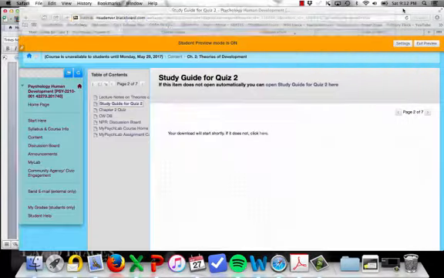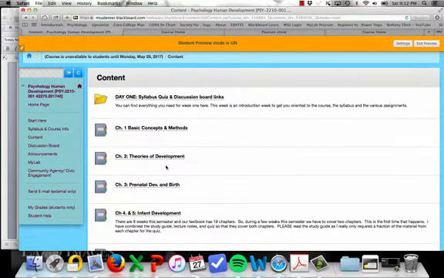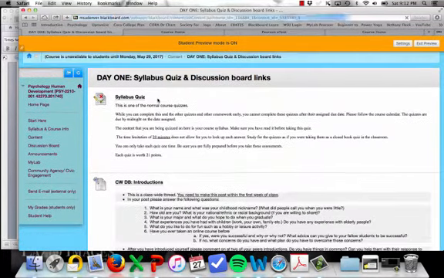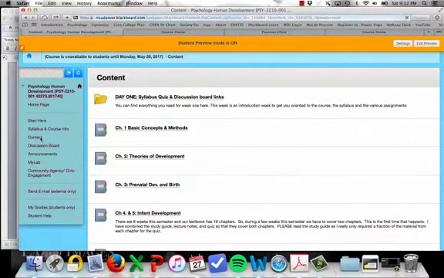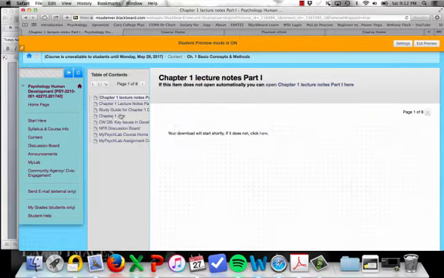So if we head over to Blackboard, what you will see if you go into that Content tab again, this is where all of the chapters are. The first quiz you take is a syllabus quiz. It's in this Day 1 folder. And so it's right here. You would click this link, and it has information to remind you about the quiz there. If you want to see, just as an example, Chapter 1, if we head in there, you have the Chapter 1 quiz located here in the table of contents, and you would click on that.